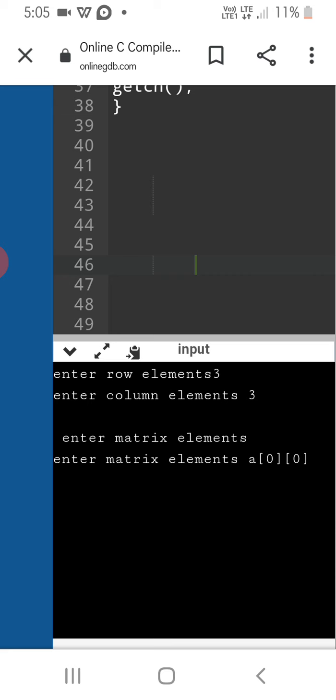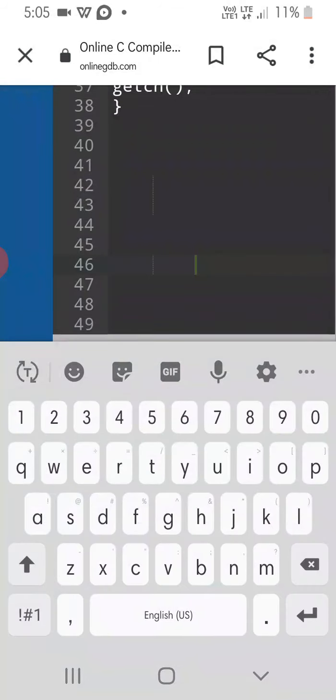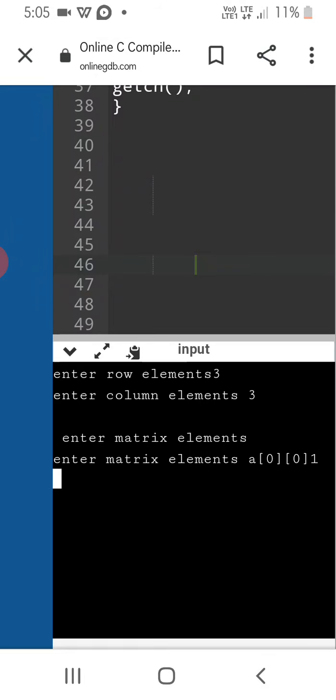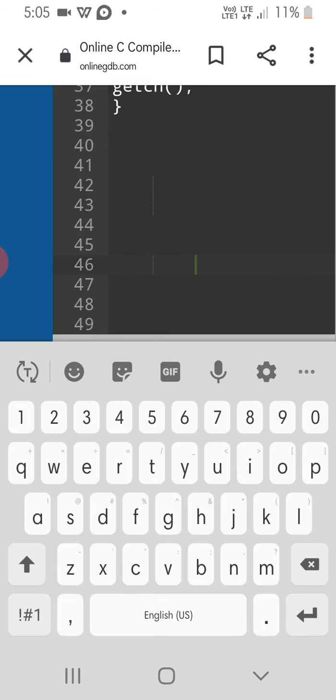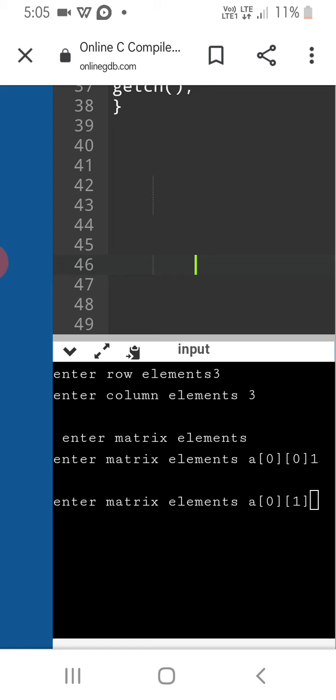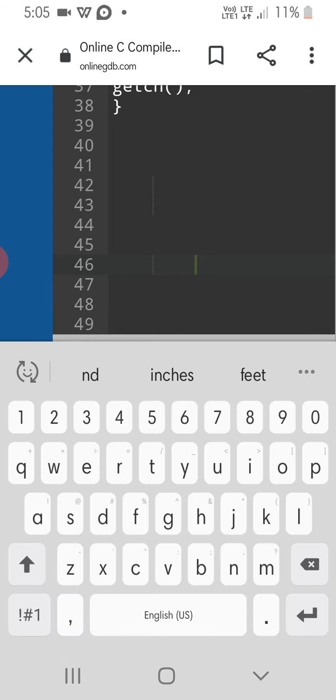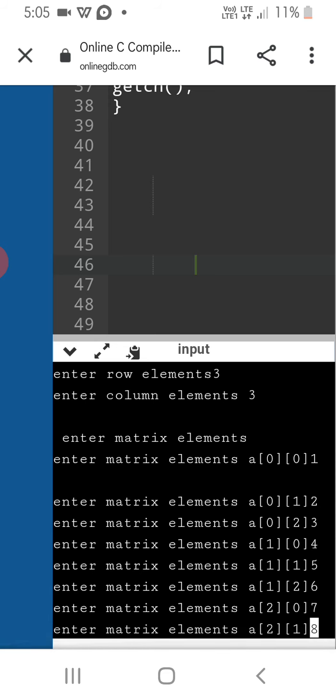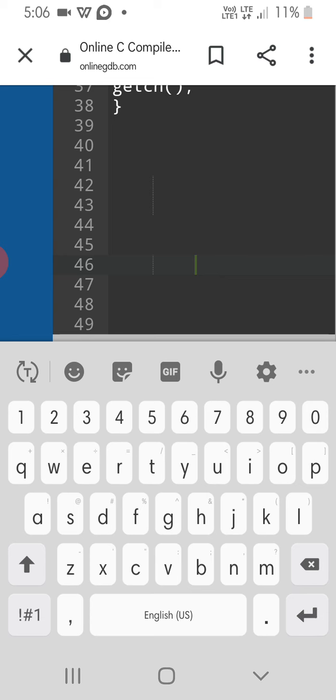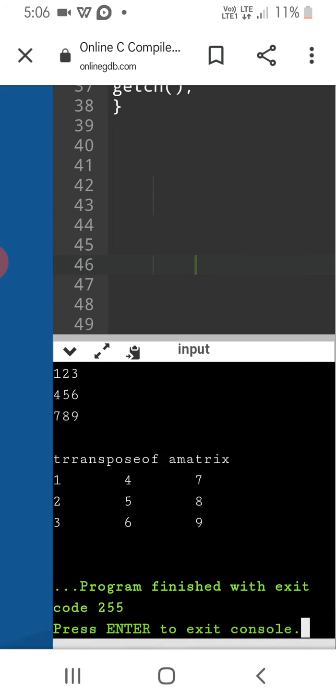Enter 1, 2, 3, 4, 5, 6, 7, 8, 9. See the output. See, transpose of a matrix: 1 2 3 4 5 6 7 8 9.